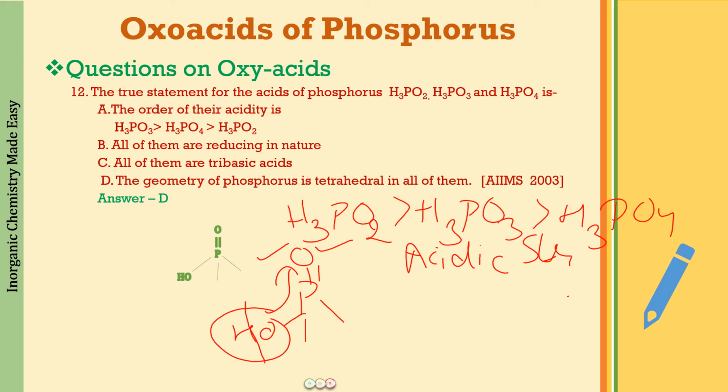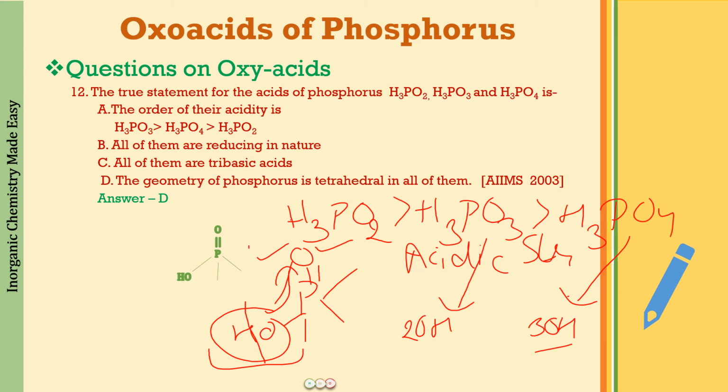So one OH group is being pulled by P double bond O. In case of H3PO3, it is going to be two OH groups which the one P double bond O has to pull, and in case of H3PO4, it will be three OH groups which the P double bond O has to pull. So what we find out is that P double bond O obviously is going to have it much easier when it has to pull one OH in comparison to 2 and in comparison to 3.